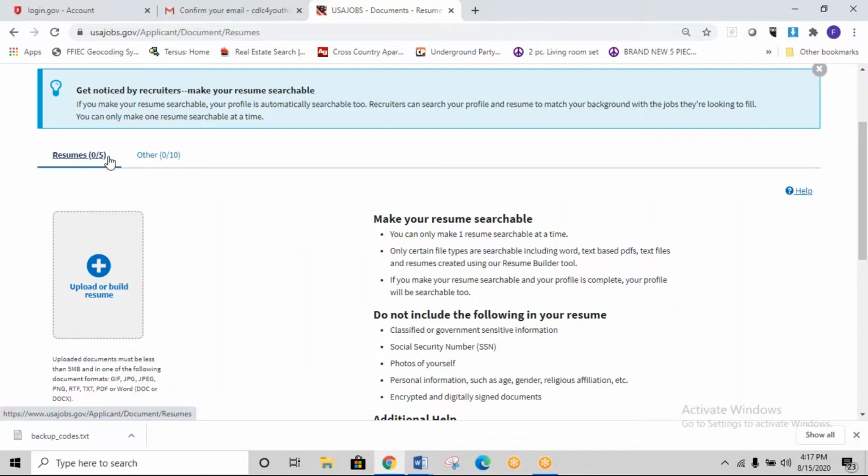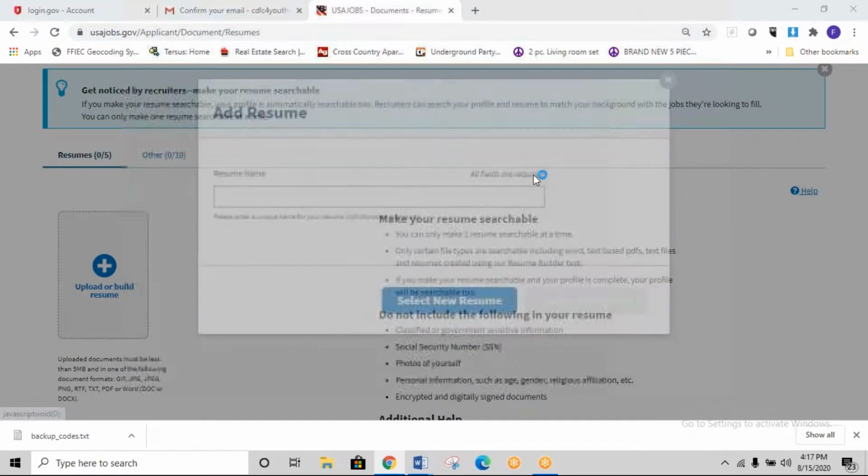And depending on how customized or how much time you spend in tailoring your resume for the specific job that you've applied for will determine whether your resume will make it to a person or not. So I would definitely encourage you to